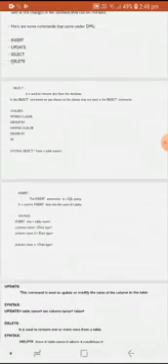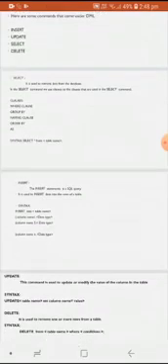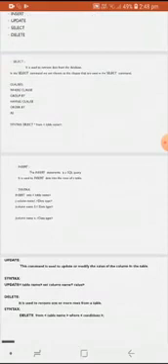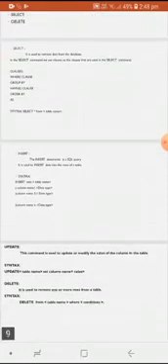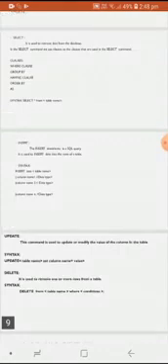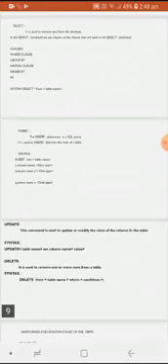The having clause is used to select among the groups defined by the group by clause. The order by clause specifies the order, and the as clause is used to rename. These are the different clauses we use with the select command. So let us see the syntax for the select command.